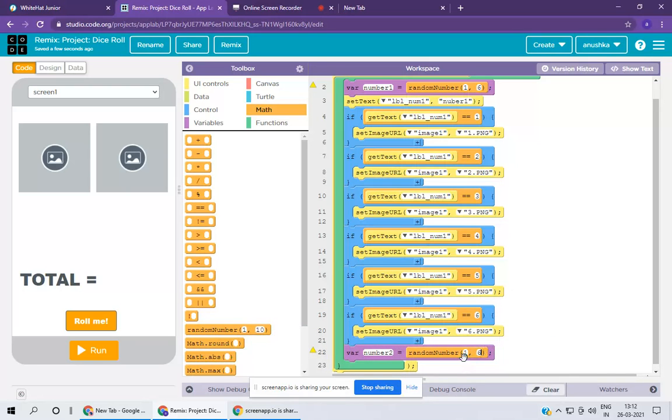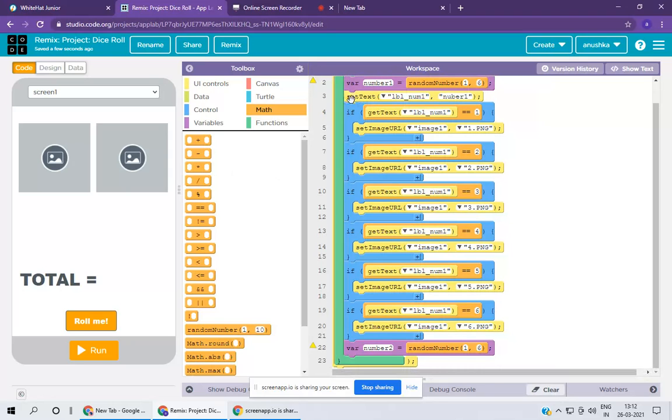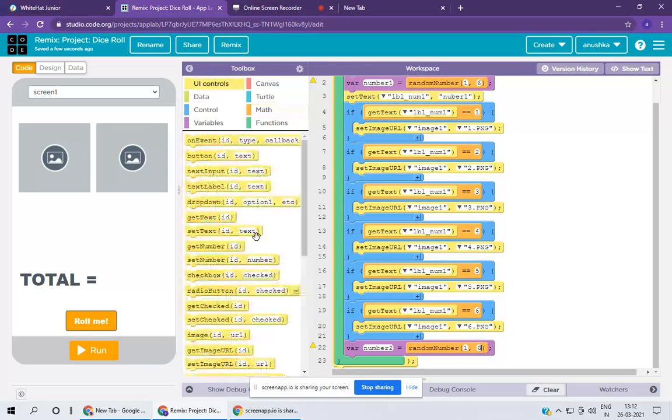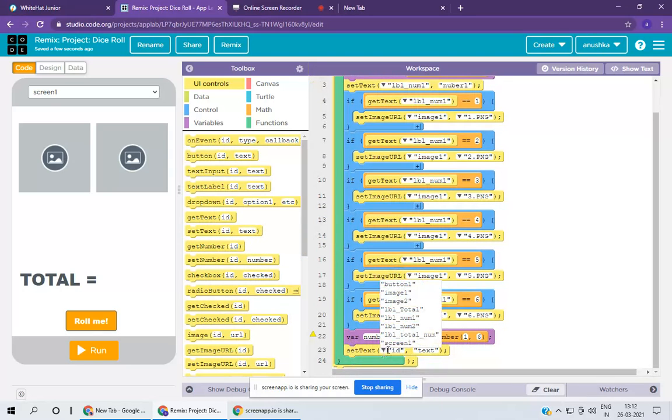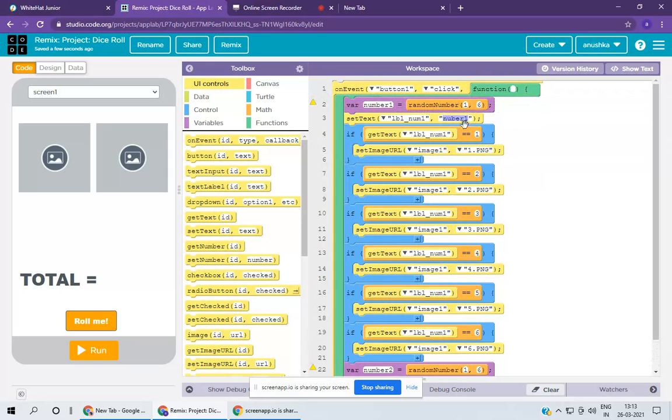Change 6, then set text label number one. Label number one we will not write, we will write label number two. Okay, so go in UI control, take set text, then join this at line 23, then change into label number two. Now the text should be, see, text. Oh, how did I forget to tell that there will be no comma here.